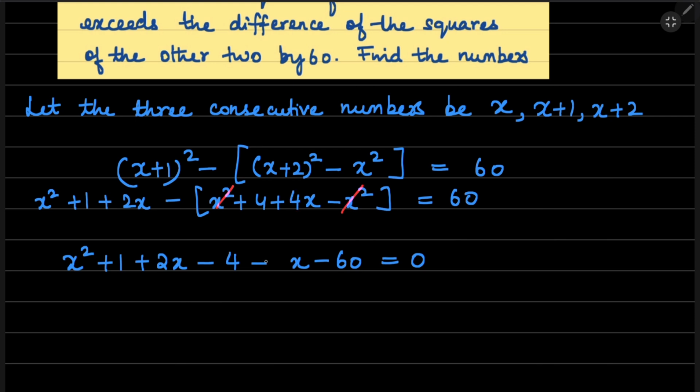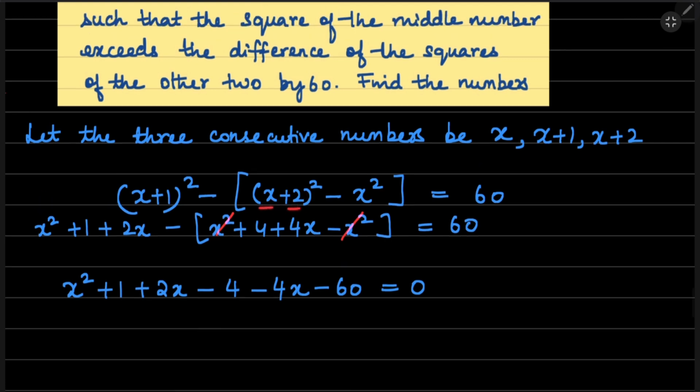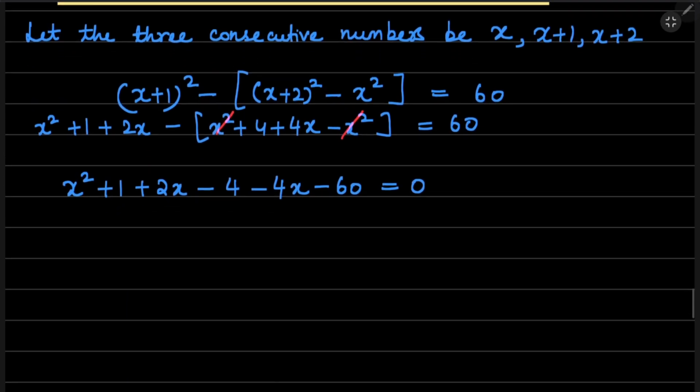Okay. So here when you open it, you'll have minus 4x, because it's 2ab, right? 2 into 2 into x. So it is 4x. Okay. Everything else is fine. So you have x square and then plus 2x minus 4x is minus 2x. Again, 1 minus 4 is minus 3, minus 3 minus 60 is minus 63